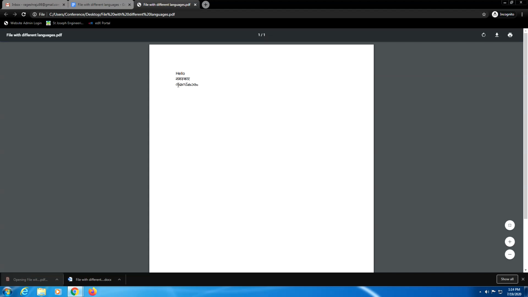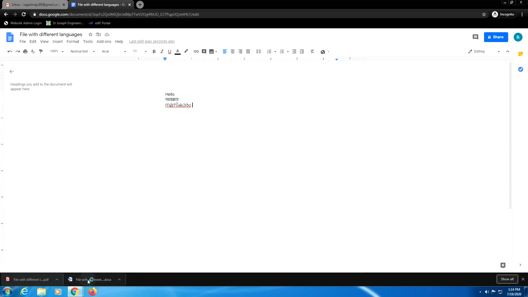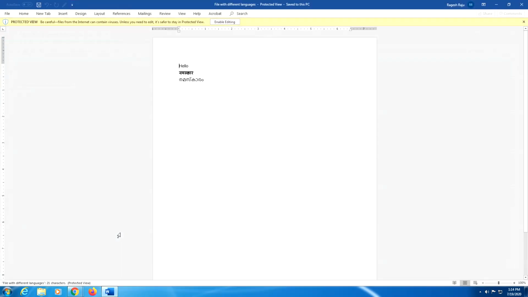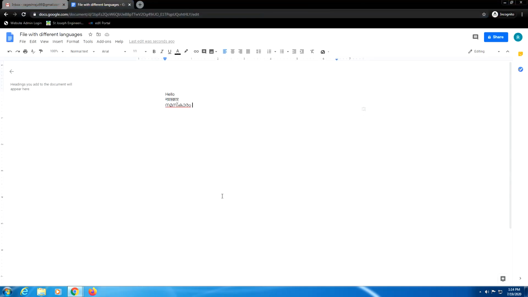First I open the PDF file. See, whatever I typed comes out as simple as that. I open this Word document. In Word also it has come. So this is one way in which I'll be able to type a document in any of the languages if you wish. Similarly, if you want to create a presentation, a PPT, to your audience or to your students, you will be able to use the same thing.